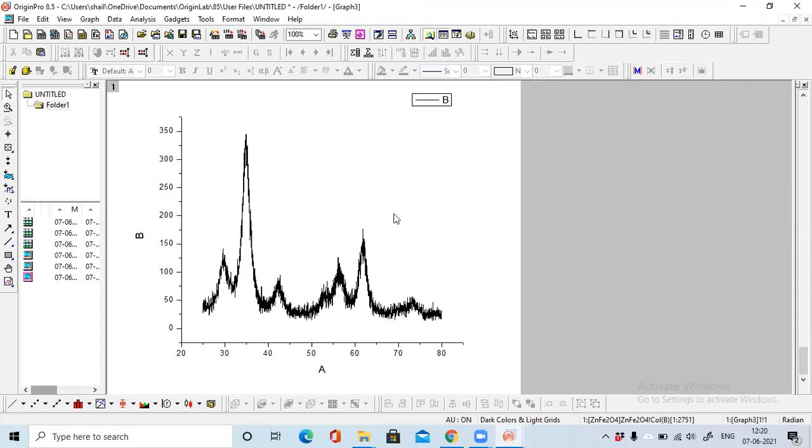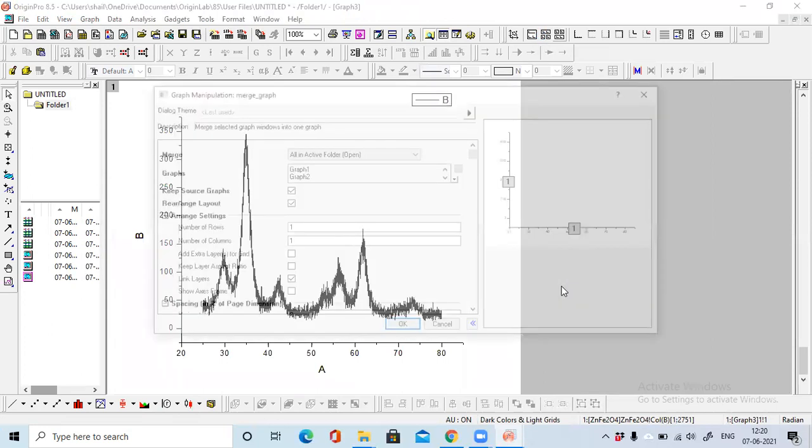So how can you plot these graphs together? If you see, this is rescale, this is extract to the layer, and this is extract to the graph, and this is used to merge. Means if you have more than one graph, you can merge them together. If you click here merge, a window will open.